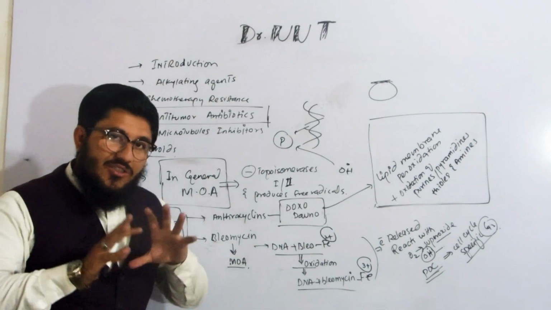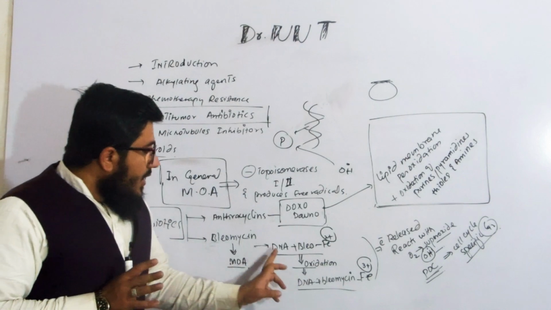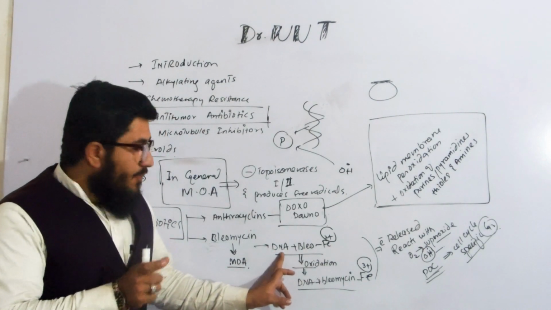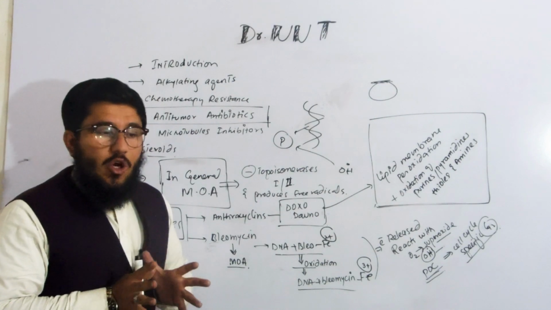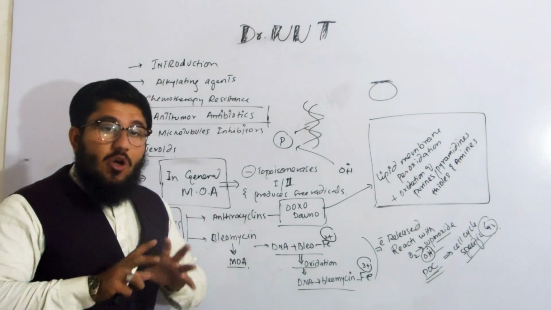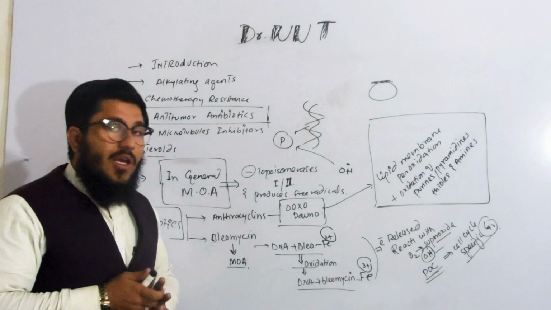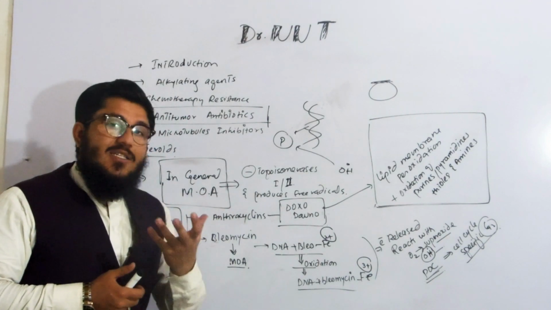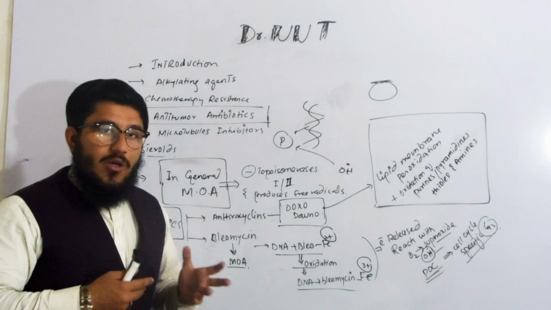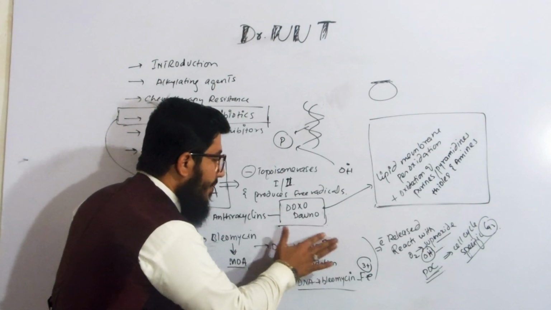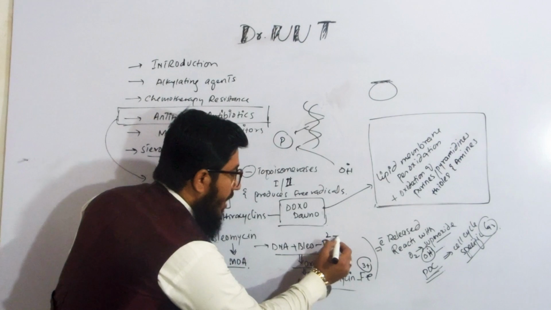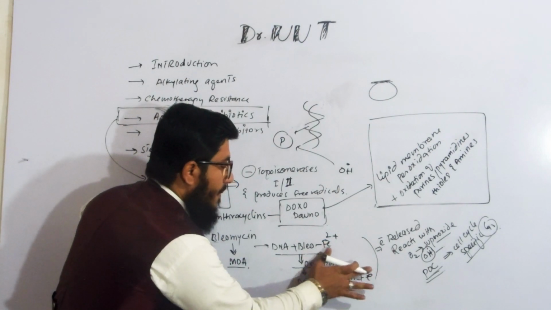Its mechanism of action is a little bit tricky. With the DNA, this bleomycin will form a complex that is called a chelate. Chelation formation with the DNA, with the help of other metal ions like copper, iron, etc. So here I am giving you the example of iron. First of all, iron is in the form of +2, that is